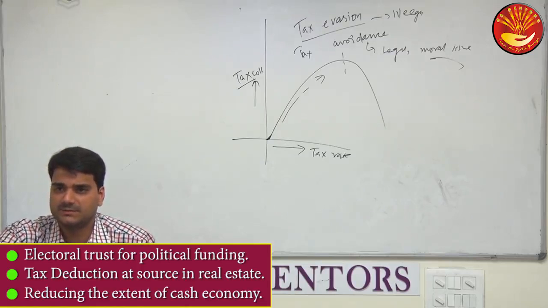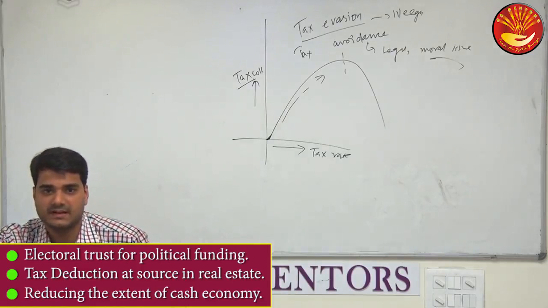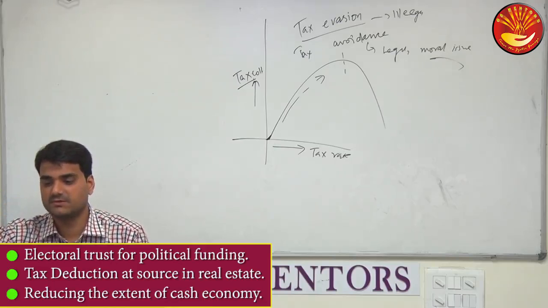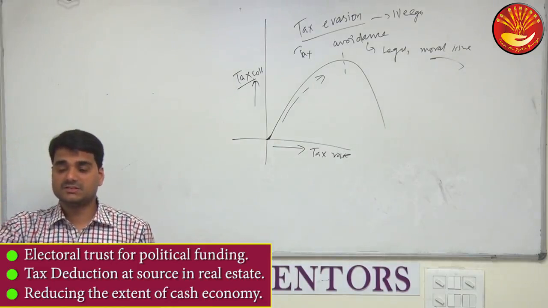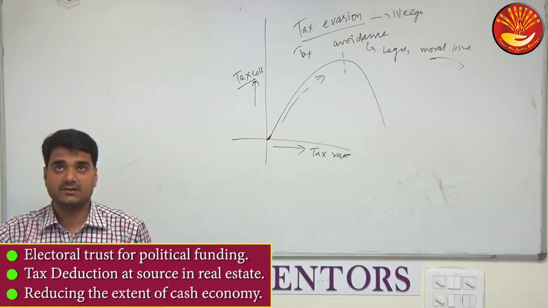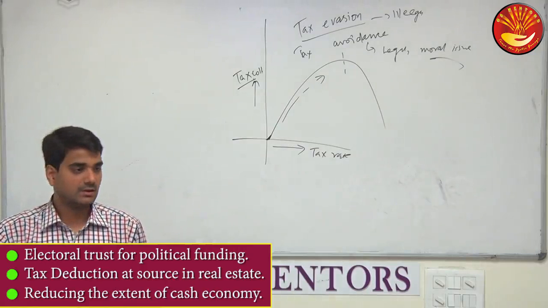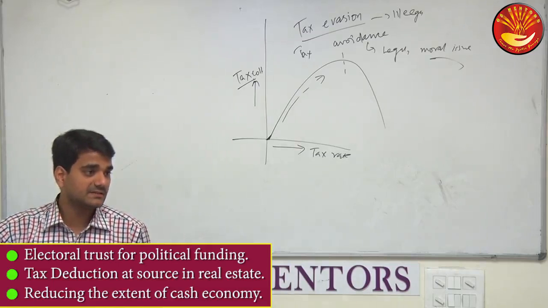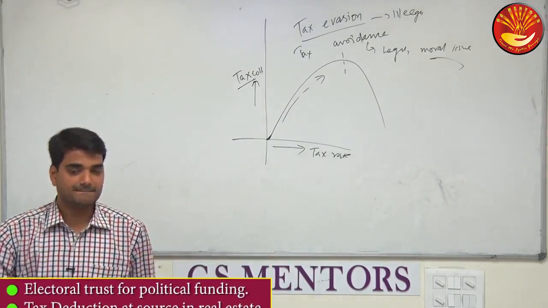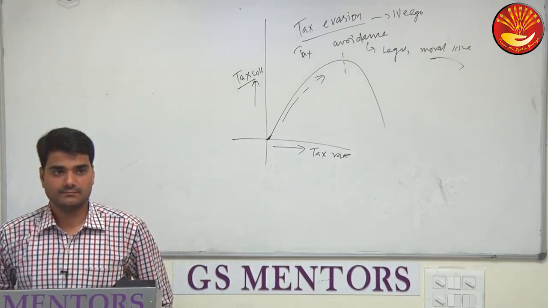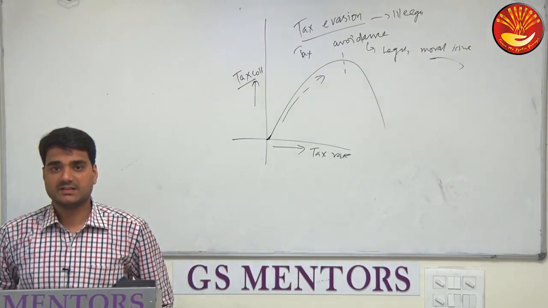Within that sector, because cash economy is also a sector which is vulnerable to generation of black money, within it also reducing the extent of cash economy. Okay, second point, tax deduction at source in real estate sector. Tax deduction at source,